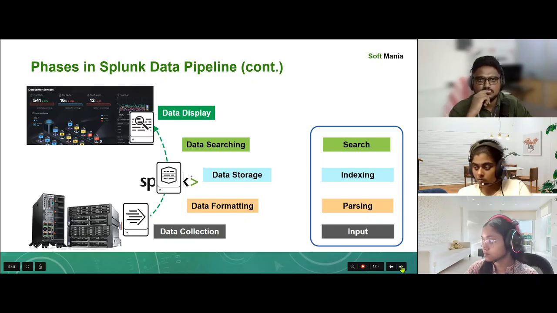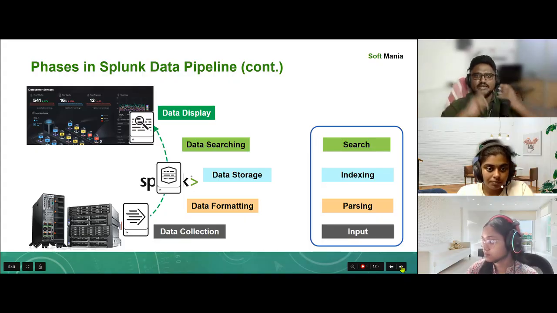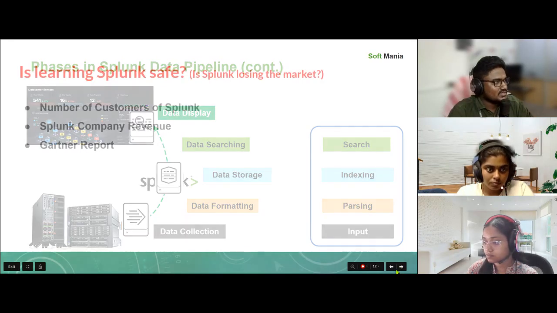Any doubts on this? This is really important. Good. This is really important because only on top of this are you going to build everything. Any admin, whether data admin, cluster admin, or system admin, make sure you are clear on this one. Good. So now the next one is,